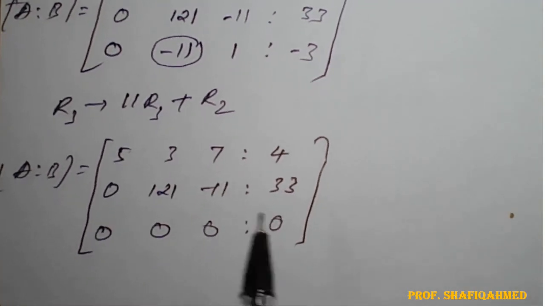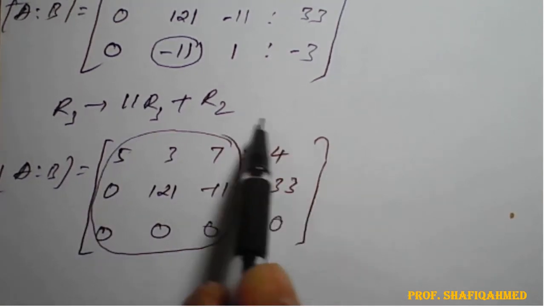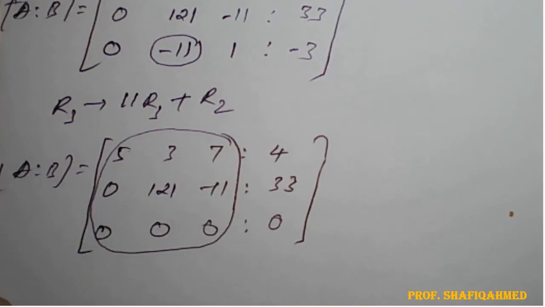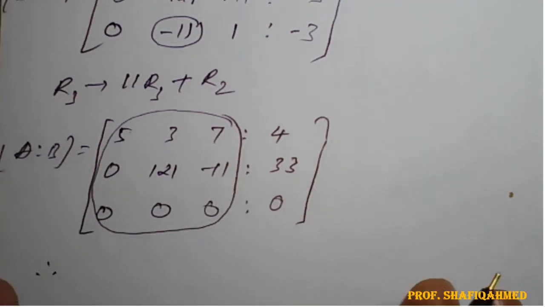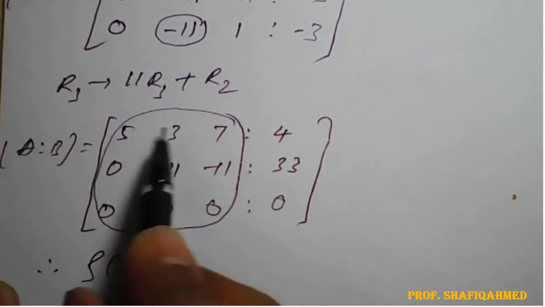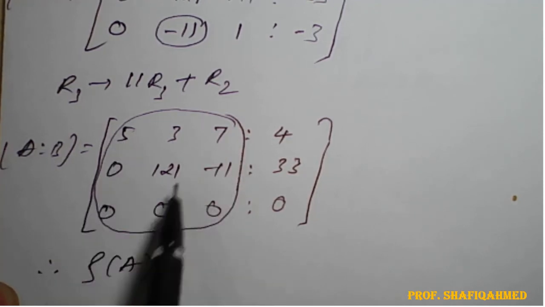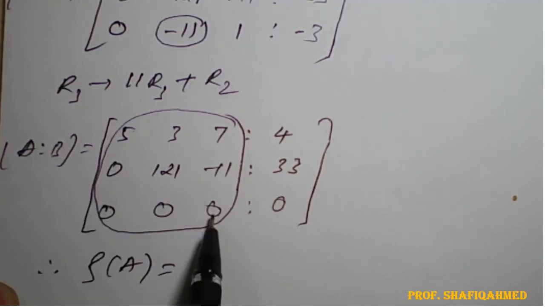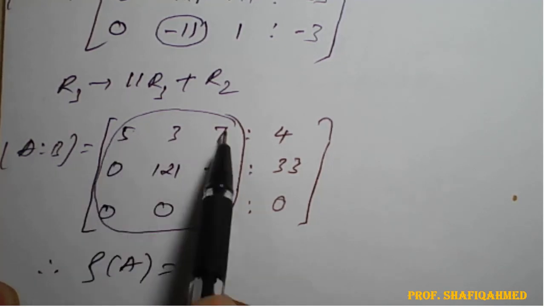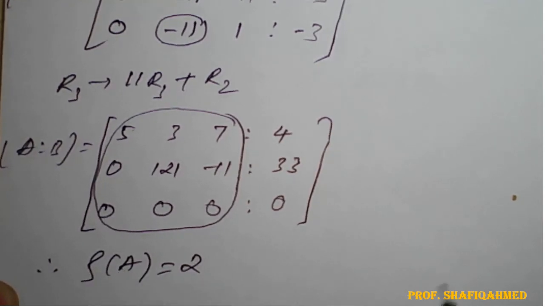So therefore, this belongs to your matrix A, and this complete is nothing but matrix A augmented with B. So therefore rank of matrix A, that is this, if you see what I have made, round up. So number of non-zero rows, first row, second row, third row is having zeros, all elements 0. So this is a 0 row. So these two are non-zero rows. So 2 rows, that is rank is 2 for matrix A.